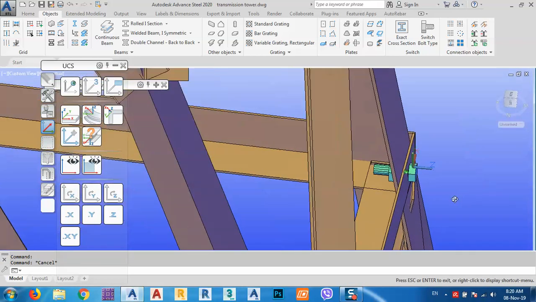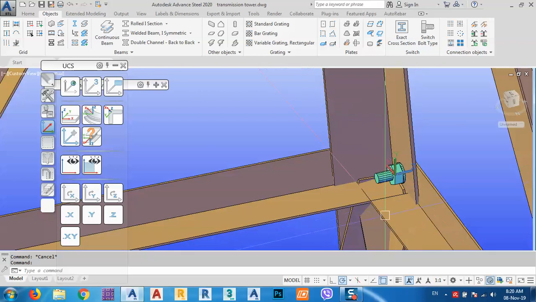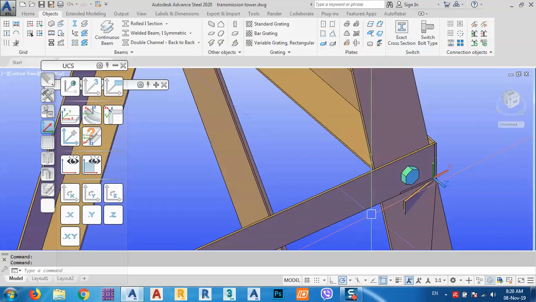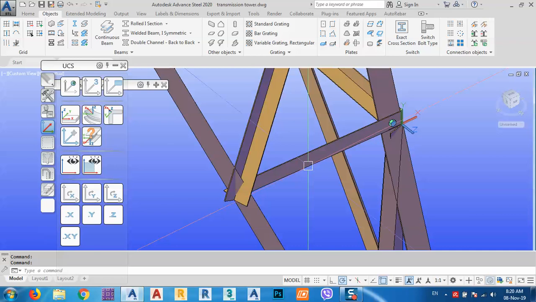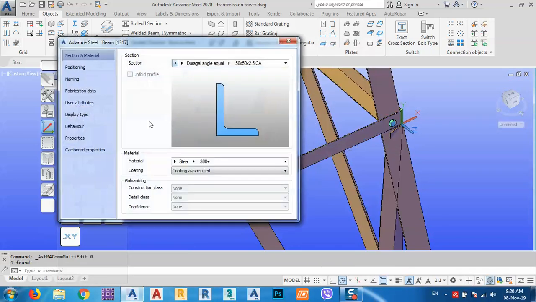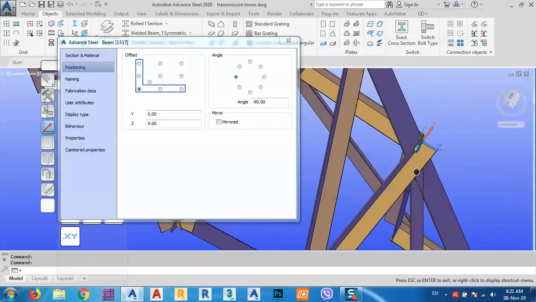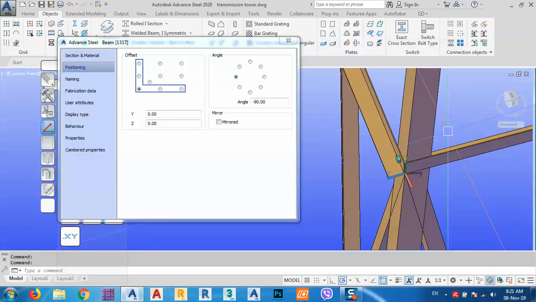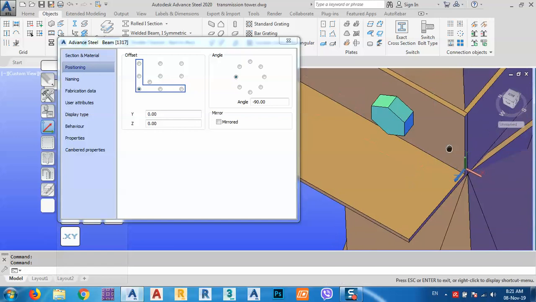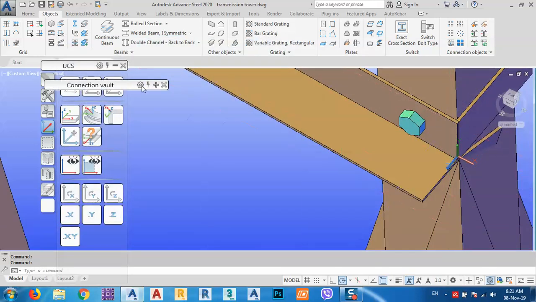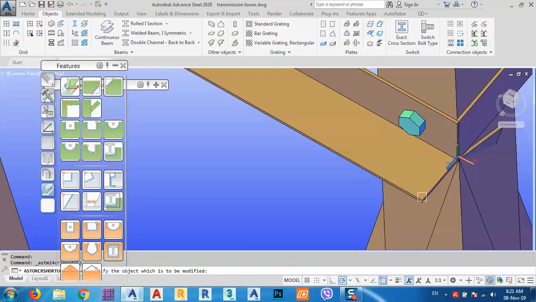But here we have some problem, and sometimes we want to feature this one and cut this one. We can do it. Or sometimes what we do, we just click here, right click, advanced properties, just rotate it by 90 degrees, or just like this. We can put it like this because we cannot put everything on the inside. We can put some inside and some outside, and also from the features, we can shorten this beam